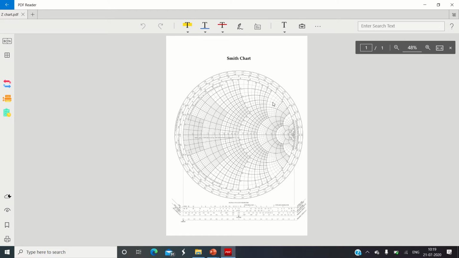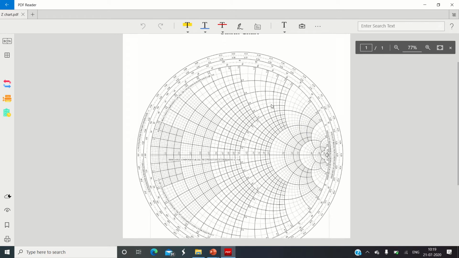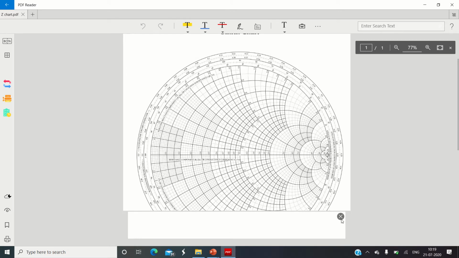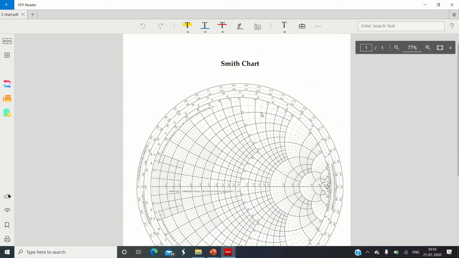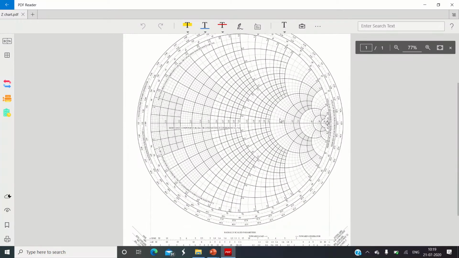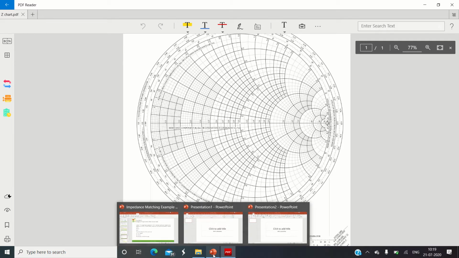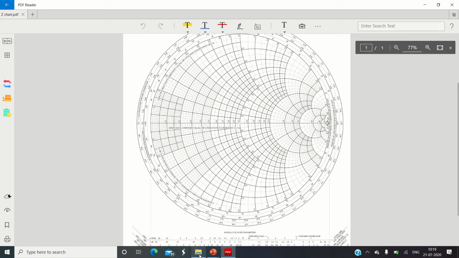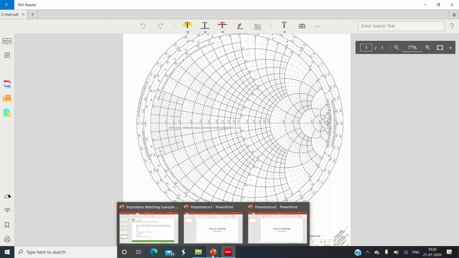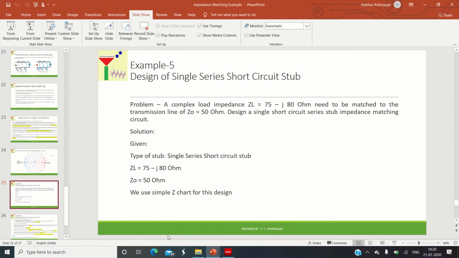I will maximize and zoom into this Smith chart. Here, if you observe, I am making use of this impedance Smith chart, a plain impedance Smith chart. Step by step, we will follow the on-screen instructions given in a PPT, and you will come to know the exact procedure of designing the impedance matching circuit, right? So here, next step,